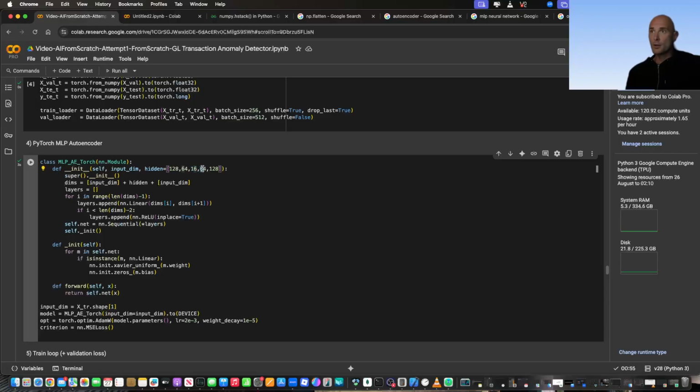So once we go through these 64 neurons and 128, we are reconstructing it. So here, these three layers will be reducing the number of dimensions, and this will be performing reconstruction. And we, as the result, will end up with our initial input, but this will be output. So if our input is 109 variables,